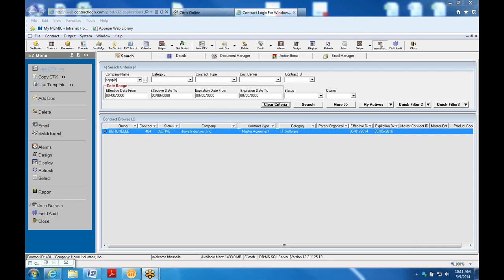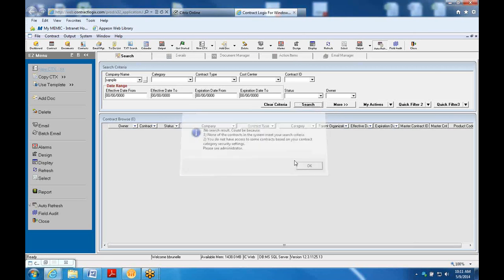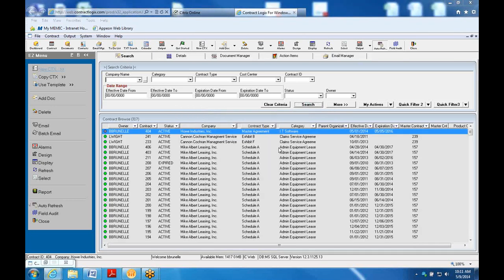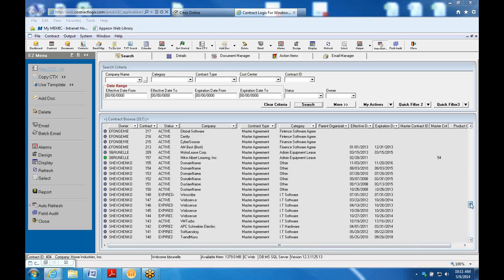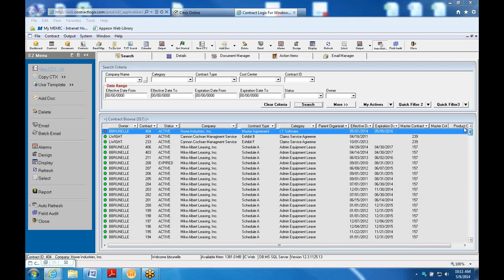Do we have anything in here with sample company? Let's do a search. Oh, we don't. Let's see. What can we link to it? That's clear. Do we have any just kind of, I'm just kind of poking around, not knowing. Probably doesn't matter because I can always remove the link. These are all master agreements. Oh, well,